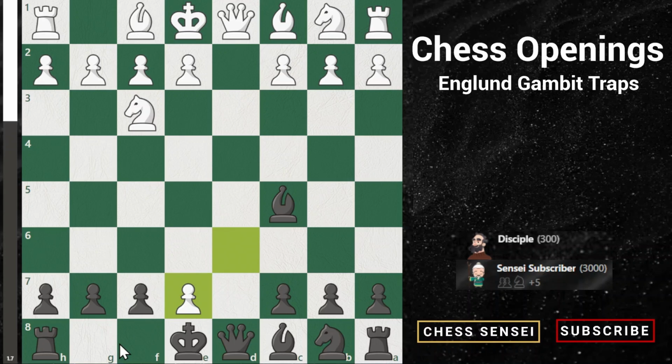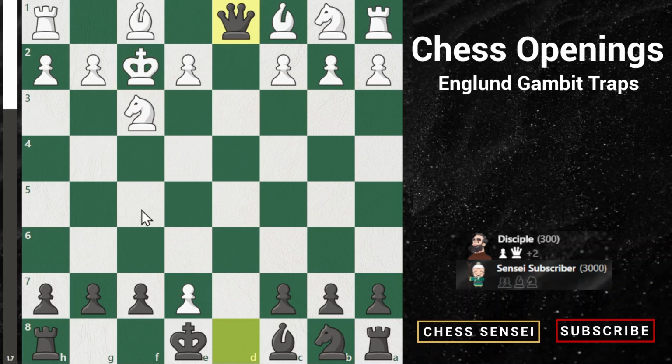Now see if you can find the trick. It's right here. It's very, very nice, okay? Yet another sacrifice. We go bishop takes f2, check. White is in check here. They have to get out of check, and the only way out is to take the bishop. The only legal move for white here is king takes f2,